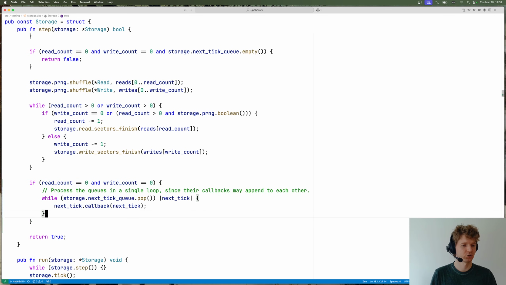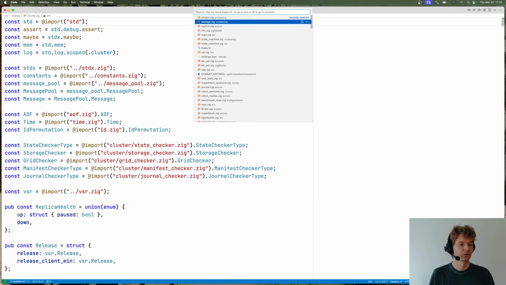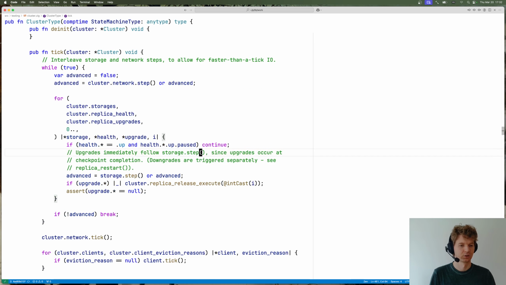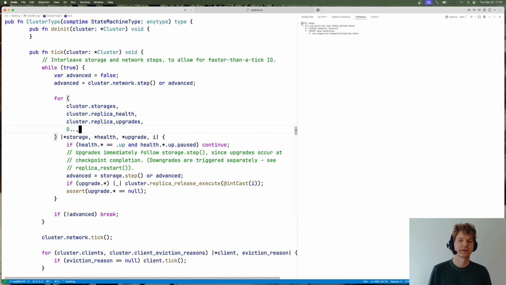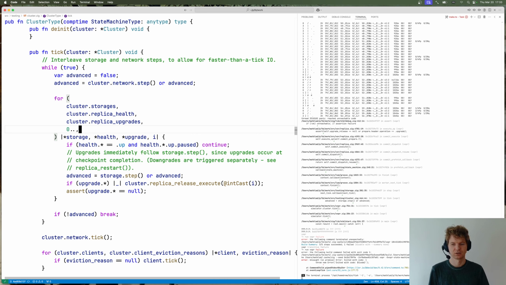And that should fix the issue, because it is correct for us not to process next tick, because we are going to return true here, and in the cluster, this whole thing runs in a loop. Okay, so let's see if that fixes the thing. No, it doesn't. Okay, which is super weird,